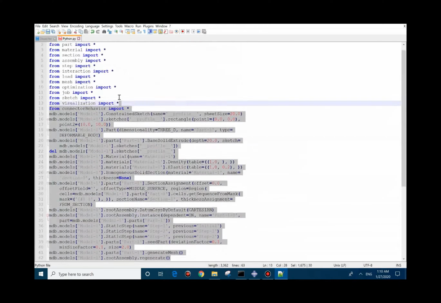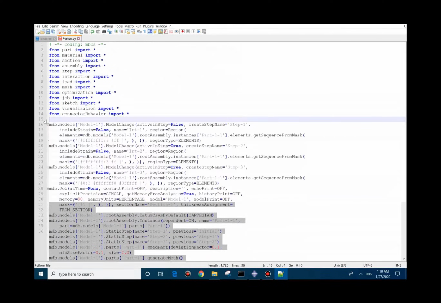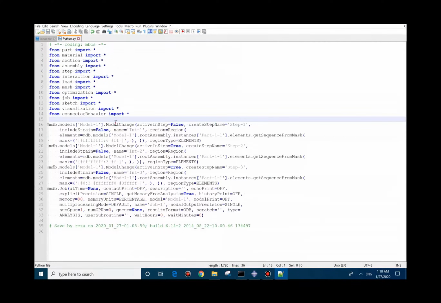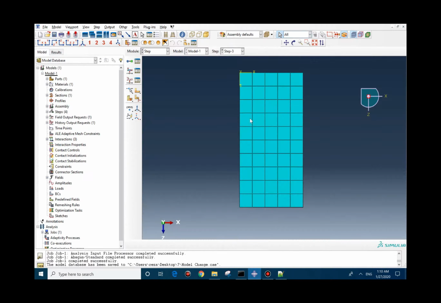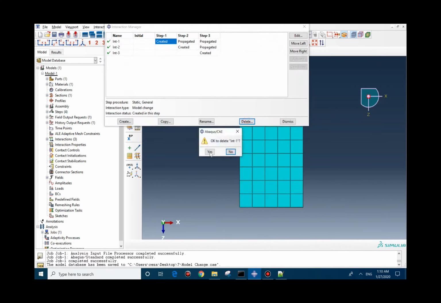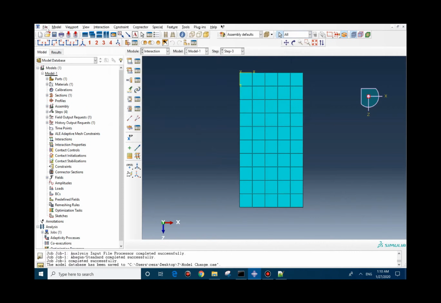Okay, and this part as well. Now you can see model change, and this part is about the job, so we don't need it. I'm gonna delete it. Okay, now I'm gonna save it. If I go to the model and I delete this interaction, and then if I go and click to the